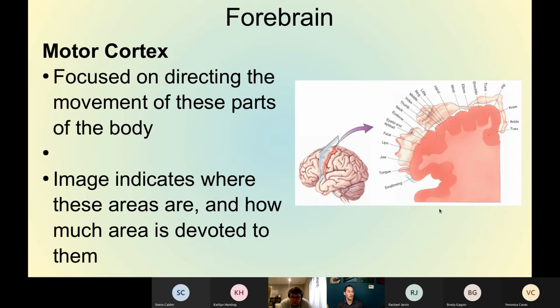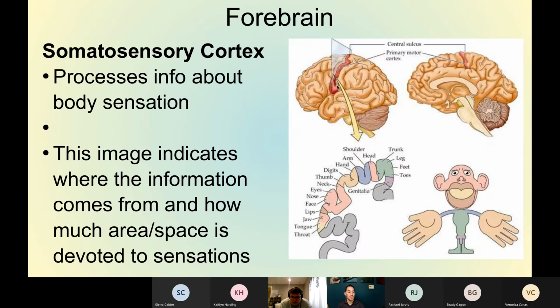Similar kinds of things are happening with phantom limb pain. So here in your somatosensory cortex, you still have these areas. Let's say you've lost one of your hands. So let's say you've lost your right hand, then on the left side of your body, this area of your brain is still responsible for feeling the things from that hand. So if it's getting cross signals from your arm or other areas over here, it might be feeling pain that way. If there's motor neurons in your arm that are also connected to that area of your hand, you